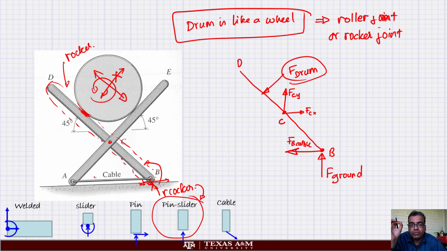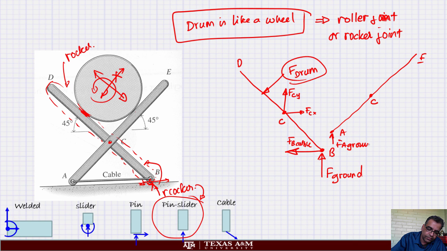Did you pause the video? Did you draw it by yourself? Yeah, very good. So I will show you. This one is going to look like this. This is ACE. So at point A, again I have FA ground and I have FA cable, and then